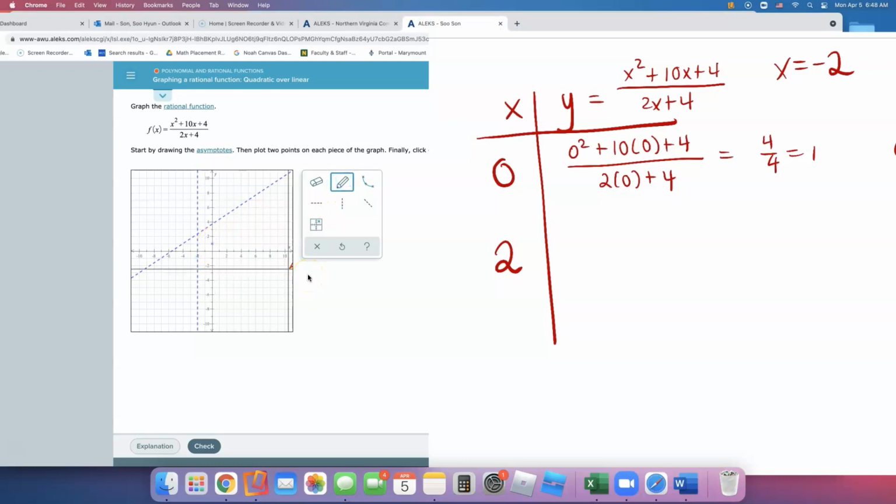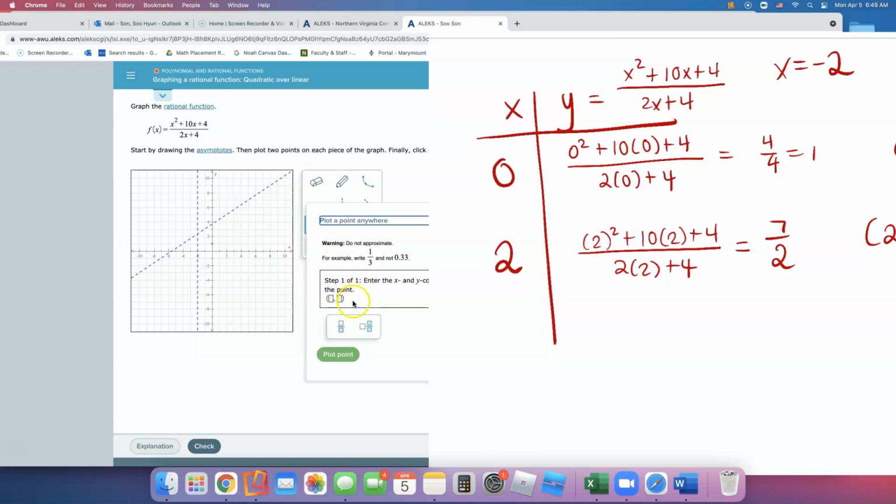Next point, I plug in 2 this time. 2 squared plus 10 times 2 plus 4 divided by 2 times 2 plus 4. I'm going to type this into my calculator because it is 6:49 in the morning, and who knows what kind of mistake I will make if I'm not careful. Alright, hold on. If I type that in, 2 squared plus 20 plus 4 divided by 4 plus 4 gives me 7 over 2. Hey, I wish it was a nice number. It's a nice enough number. I can plot using this function. I can do 2,